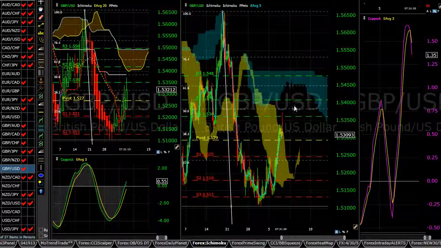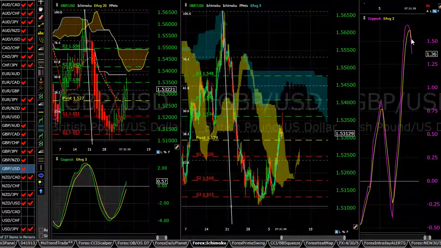Looking at the 4 hour versus the 16 hour chart, you can see our 4 hour Kumo is still beneath the 16 hour Kumo. Now, we just had a bunch of reports at 7 a.m. Eastern Time on the British Pound, and we had a dramatic big pull back, and as you can see, we've come right back down to the 38% fib line here,